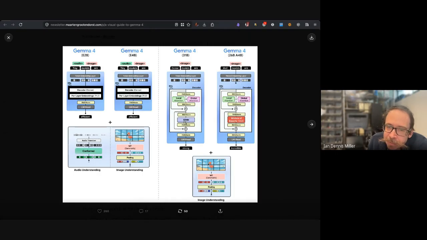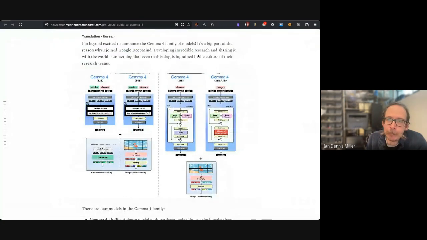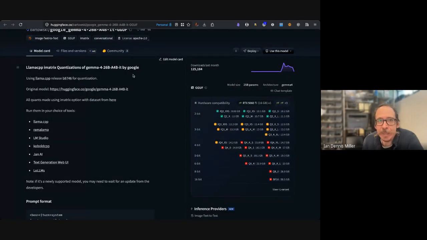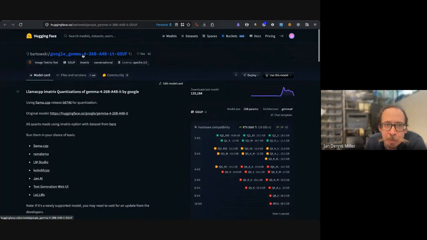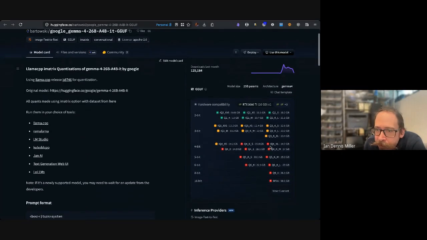This right here is a feed-forward neural network. This is called a FFNN. This is a dense neural network. So you might hear people say 31B dense models versus this one, 26B mixture of experts. But anyway, what this is saying here is that there are 30 transformers that are layered, basically. And so what I was demonstrating here with the same model, Gemma 4 26B, 26 billion parameters, mixture of experts,